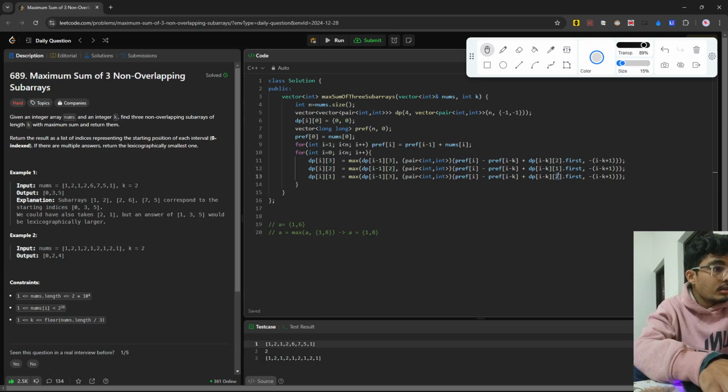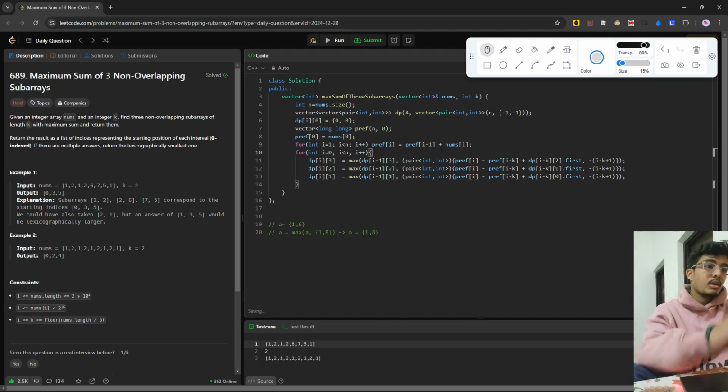Here 1, here also, and here it will be 0. Cool. Here it will be 1. Let's try to debug it again. I will be the maximum of dp[i minus 1][3] and the pair prefix of i minus k. Okay, this is correct. dp[i minus k]